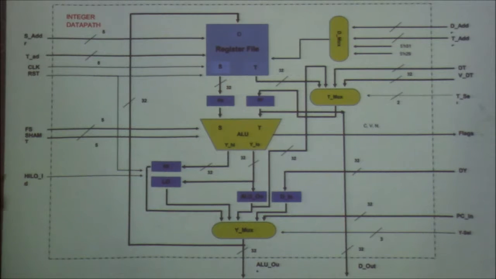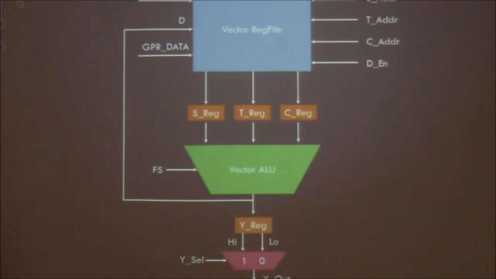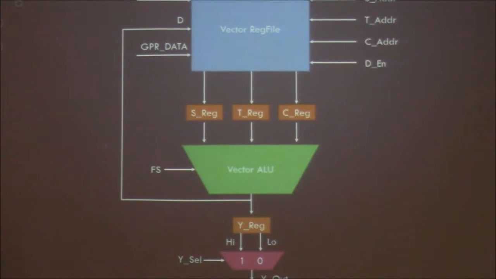And then there's the shift amount for the ALU that goes into the ALU, because I don't have a barrel shifter. Now this is my SIMD